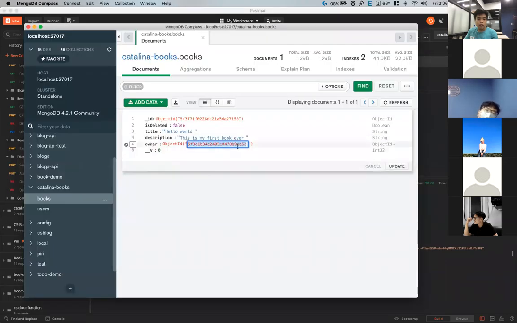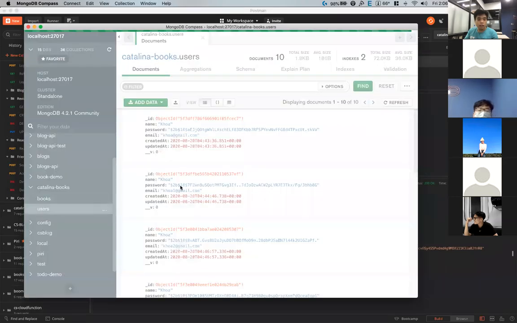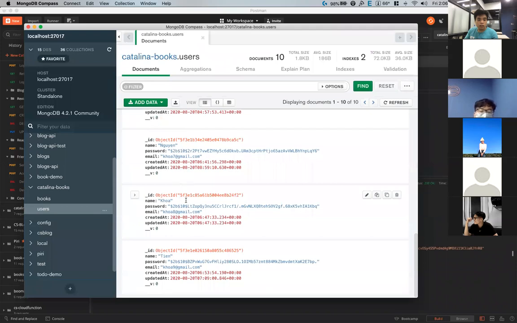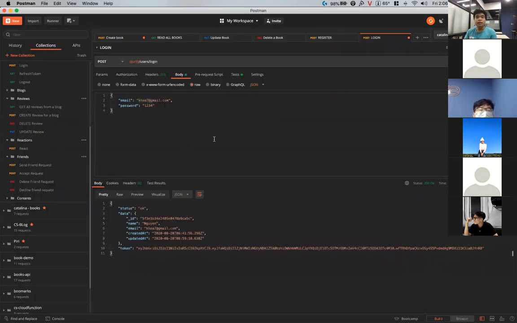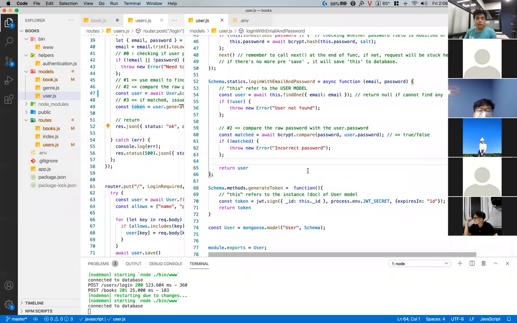So this ID will be Qua7 here. Okay, this guy. Right? Okay. It's just a symbol. All right, so now,